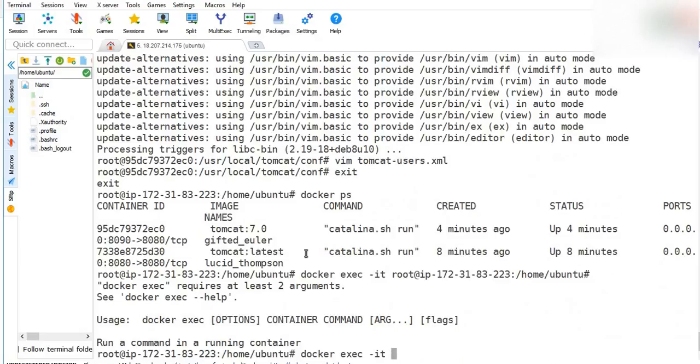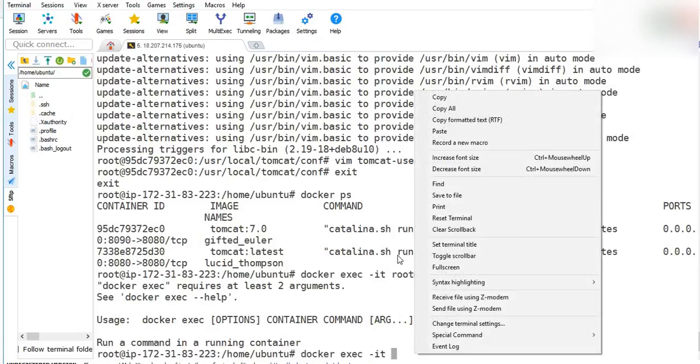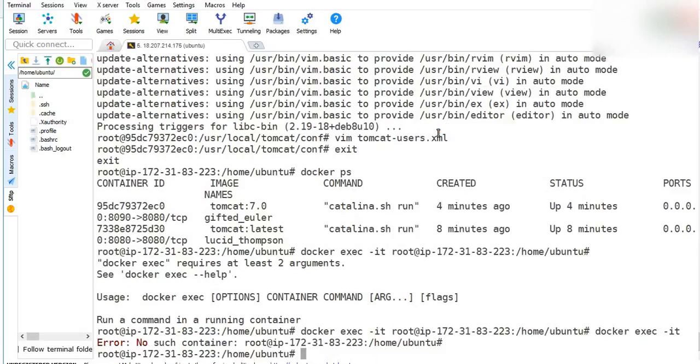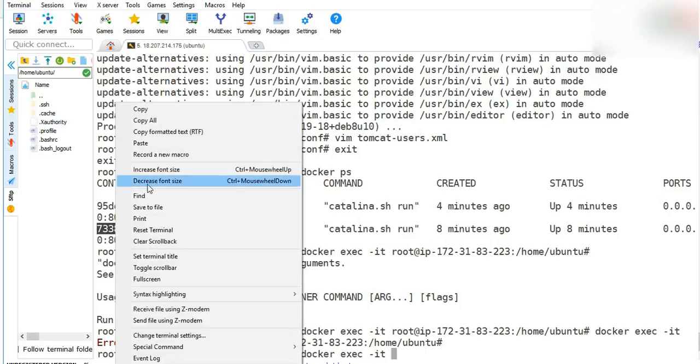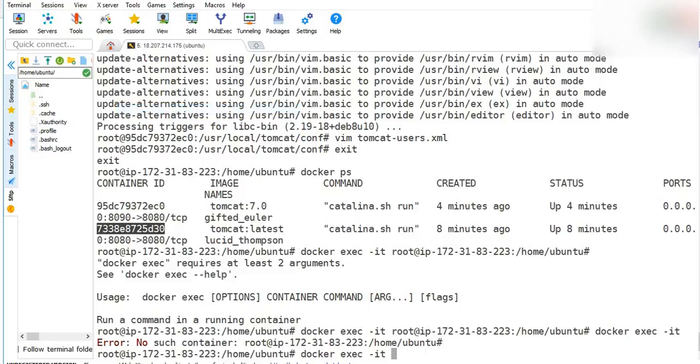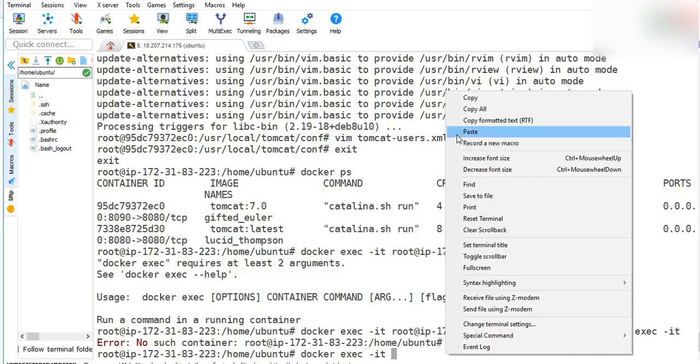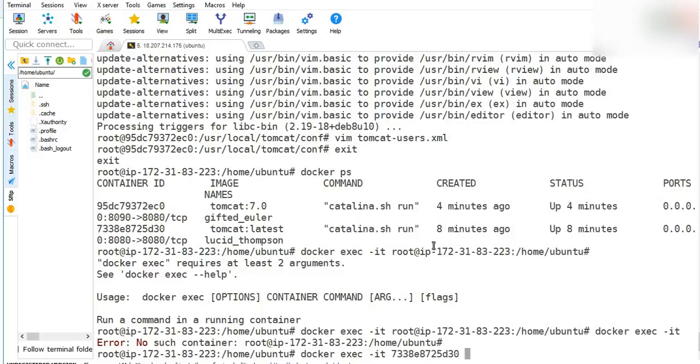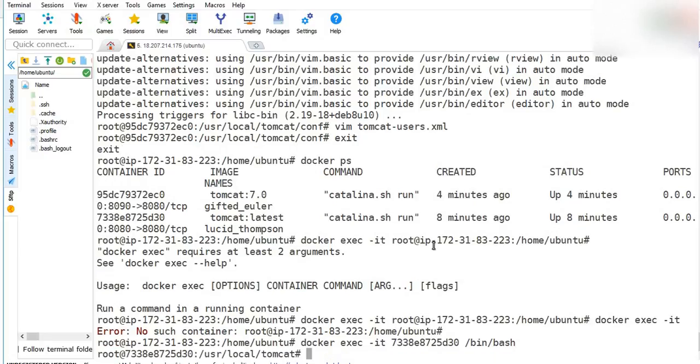To copy it, just double click this and paste. Copy only the ID, take the command, and then paste it here. Then open what? Bin and bash. If you do not give bin and bash, it is not going to open anything.